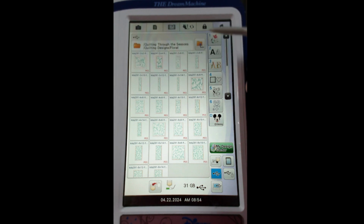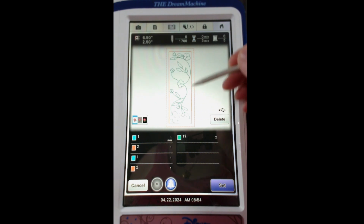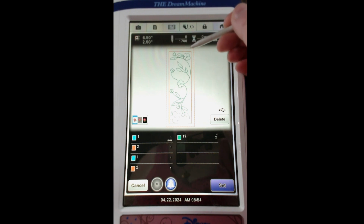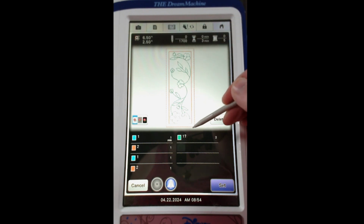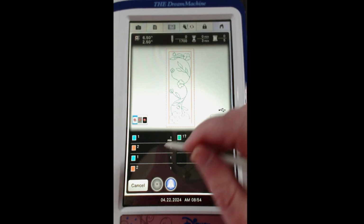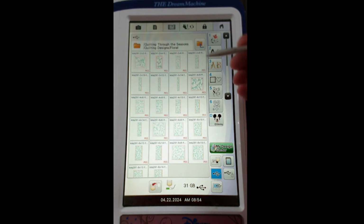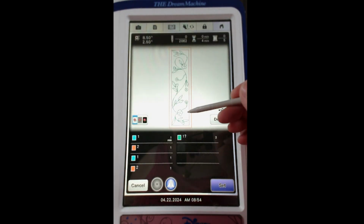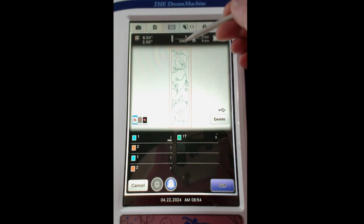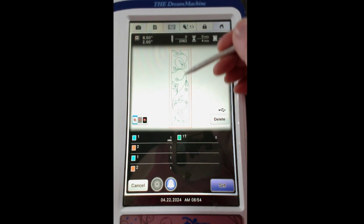First option I'm going to show you is a 2 by 6. This is a little bit shorter of a stitch out, so you would have empty space on each end. Okay, because the design that we want to do is a 7 inch. So that's one option if you don't mind having a little bit of space on the top. Click cancel. I'm going to go back to the 2 by 8. Okay, this will actually stitch off the edge of the fabric on all sides, but we have a lot more quilting, I think, in this block,